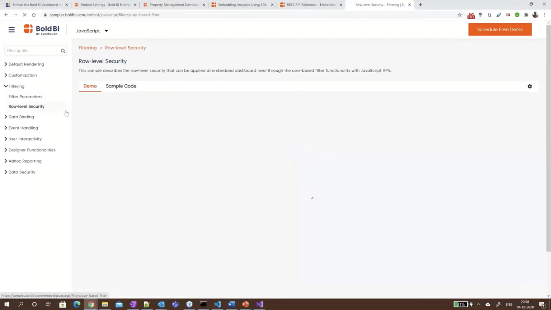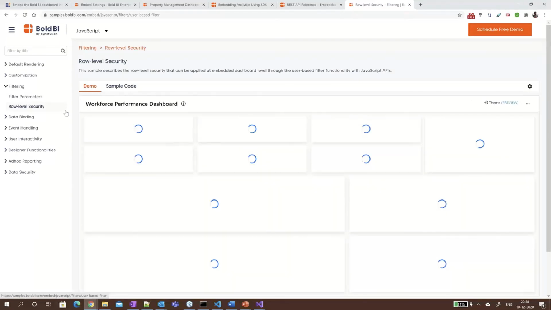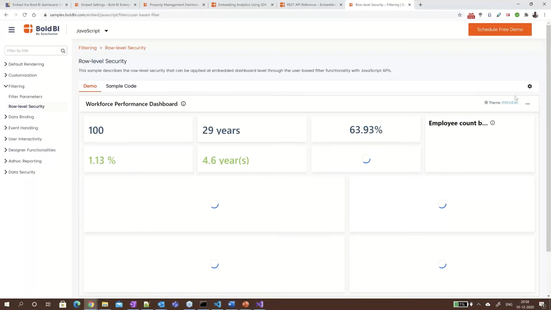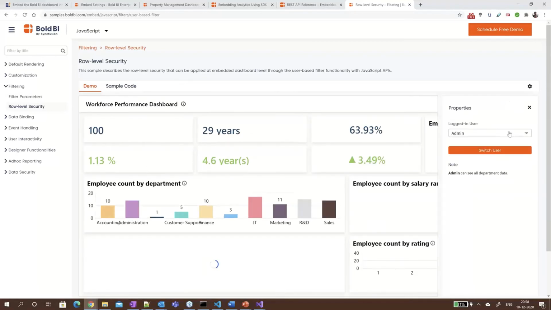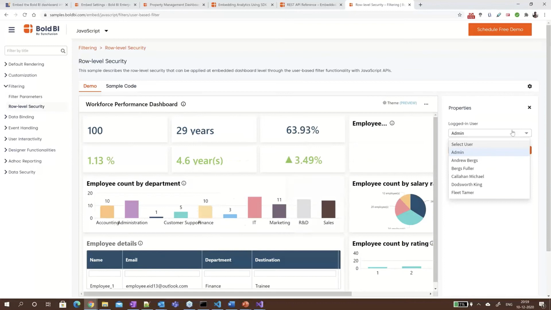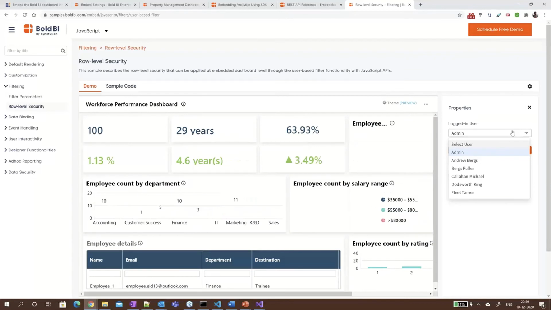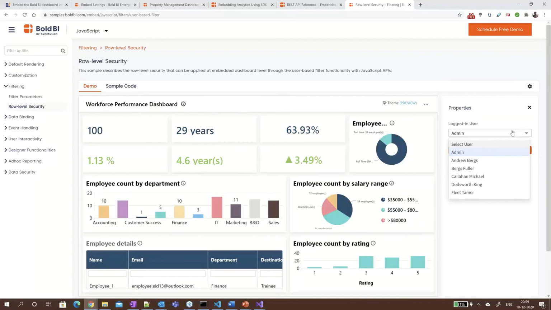Next one is row level security. Here you will already have set the users with the required data access within the BoltBI server itself.